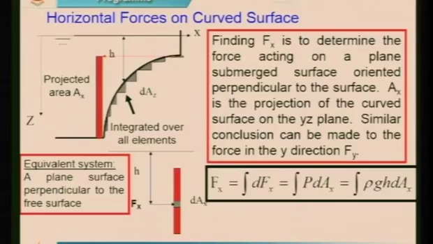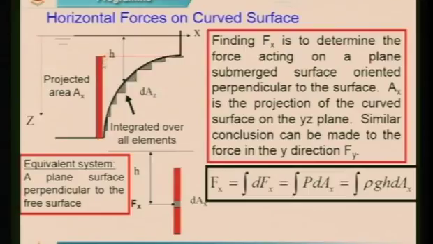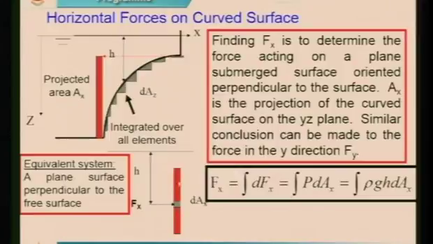Same thing, exactly like my hand, and you can see here this is the thing. So this portion is this point, and this portion is this point. So this is the length, and Fx will be acting here accordingly with the same formula, gamma W H